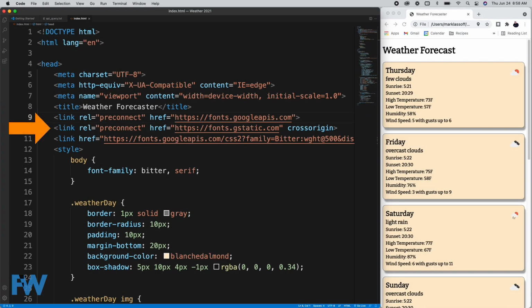Then we have 3 link tags. These link tags come from Google, and they let us use the Google Fonts API. We're simply using the Google Fonts API to download a font called Bitter, which is the font that I used to render this, at a weight of 500. All of these links are going to external websites. You can see the first one going to